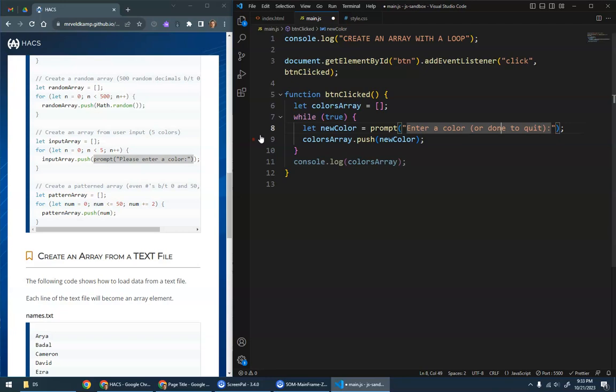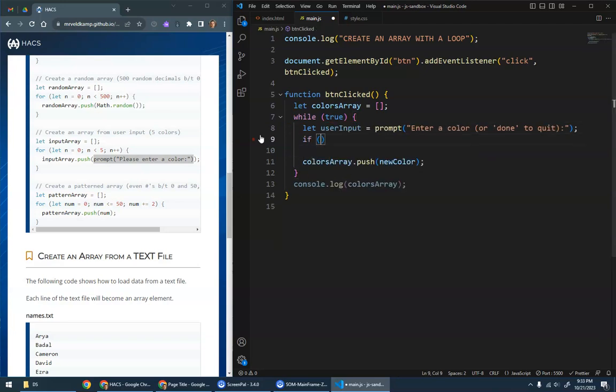They can type the word done, and once they hit done, we'll stop the loop. Instead of calling this new color, because it might be the word done, let's call this user input. And we'll do an if statement: if user input is equal to done,